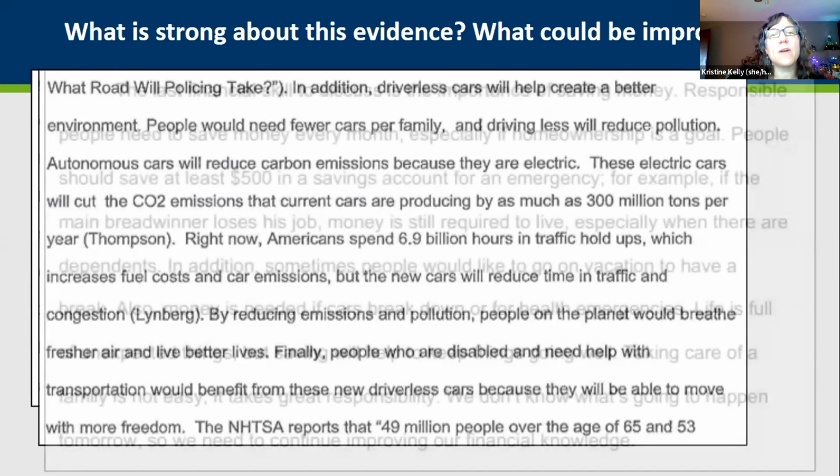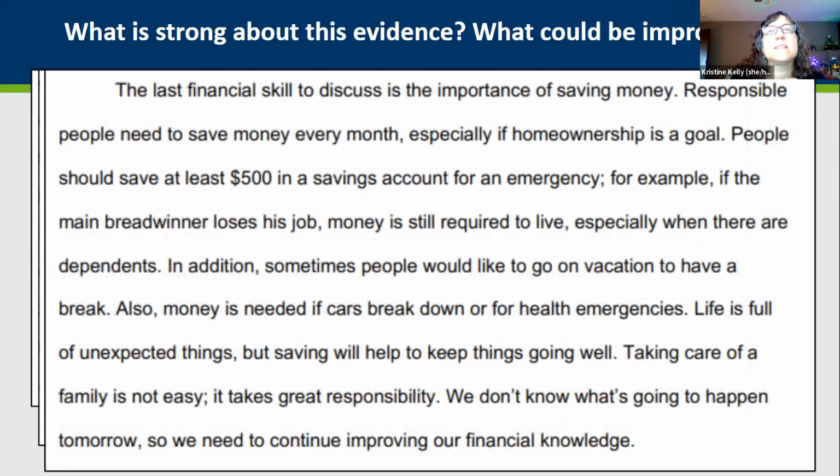We're going to look at one more here. And the topic is driverless cars. Yeah, some use of direct quotes. Yes. This is the last piece of evidence, and this was a great example of an informative